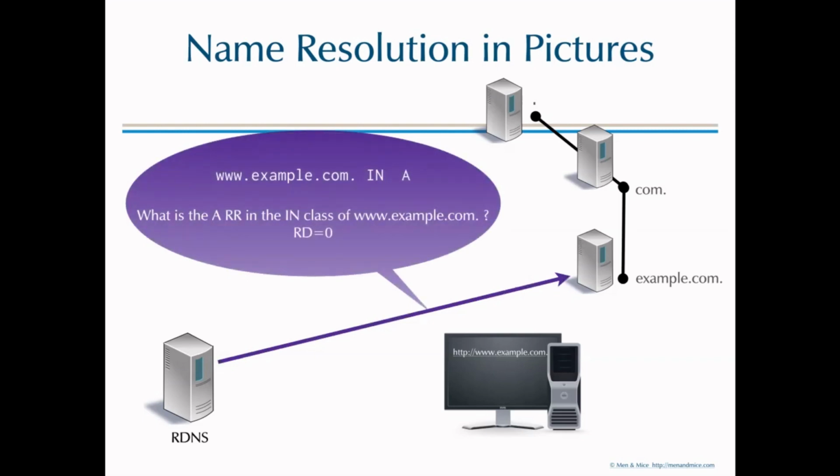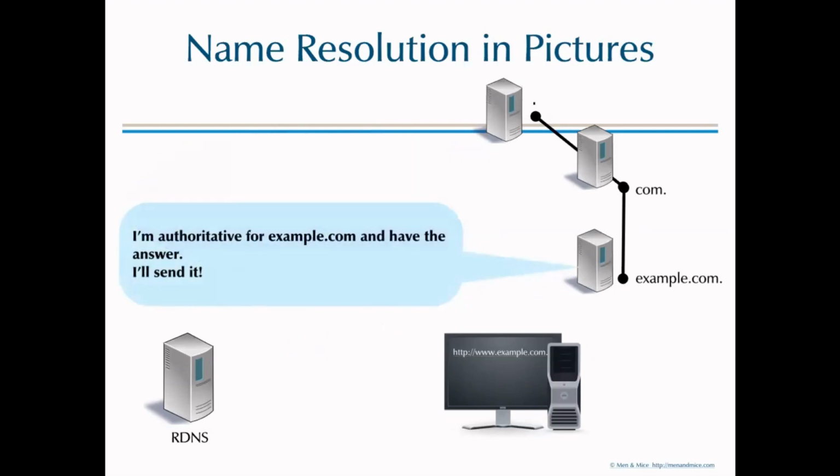It's the exact same query sent to the root server, exact same query sent to the com server. And the example.com server says, wait a second, I am actually authoritative for example.com. I know the A resource record for www, and I'll send it. Now, before we go on,